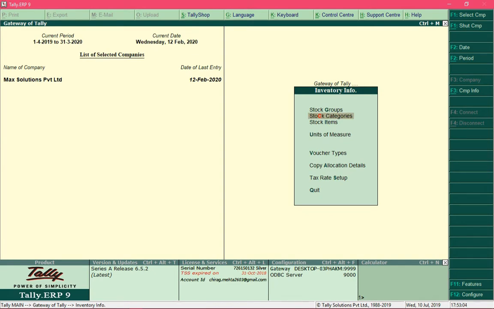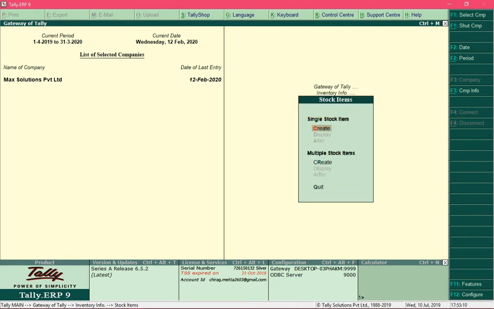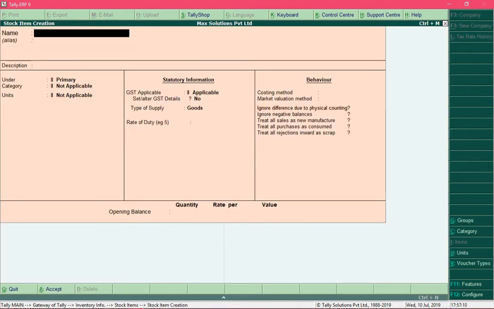Over here navigate to the option stock items and press enter, and select create, which is under single stock item. Now let's create the first product. It's a laptop from Lenovo, and its model number is